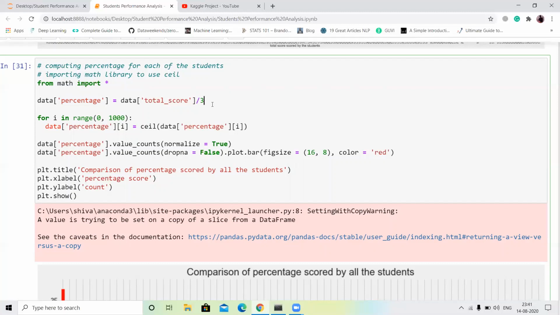Then I run a for i in range 0 to 1000 loop, setting the percentage cell to percentage i. I normalize the percentage column and plot the bar plot, then define the title, X label and Y label.